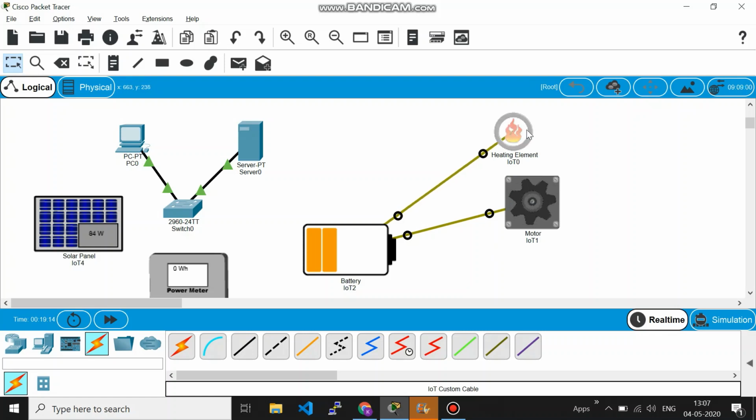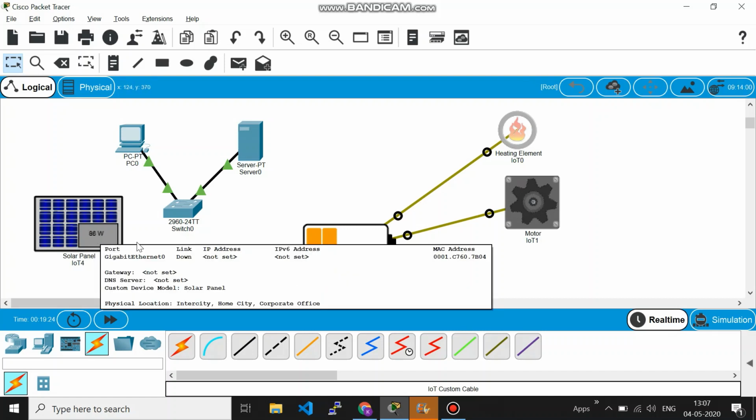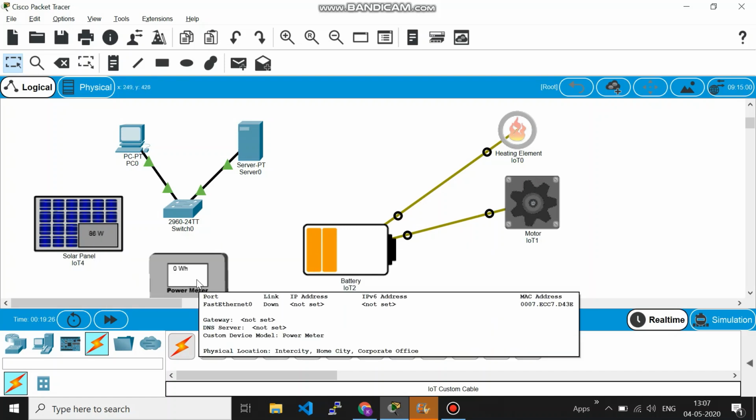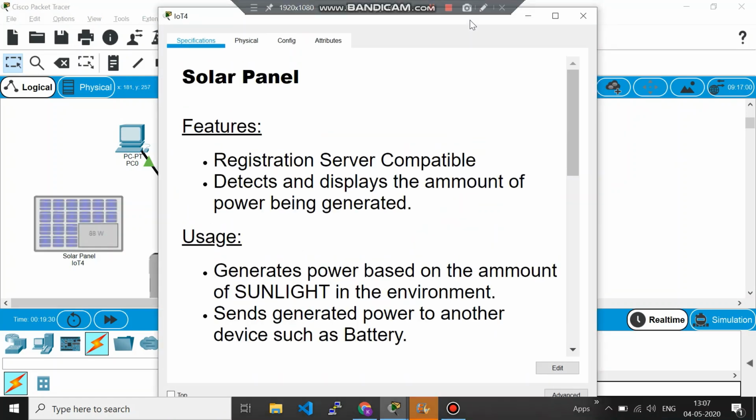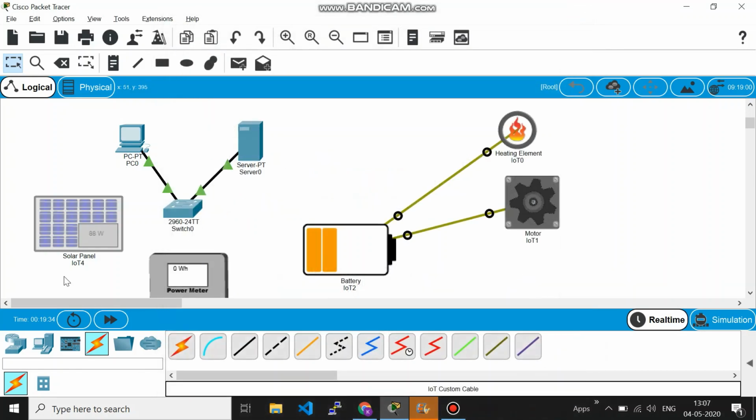So maybe after some time the heating element may get heated. And now I have to make connection between these. I wanted to show you that power panel, whatever is there, you can see it in the power meter. So how do we do? And what you are seeing here is, if you wanted to know about the features, you can have a look at this. So now I'll go to connection, and then I'll choose this Ethernet connection.